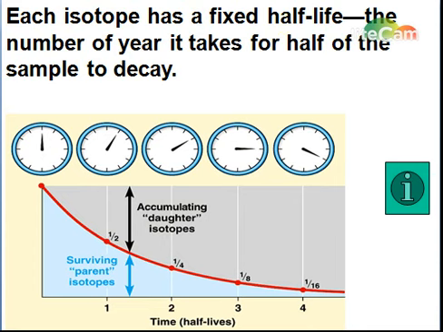Another isotope that's present in volcanic rock is used for dating as well, and that's uranium-238. It has a half-life of 4.5 billion years. And so while it's not present in a living organism,